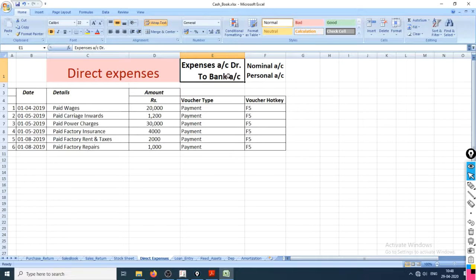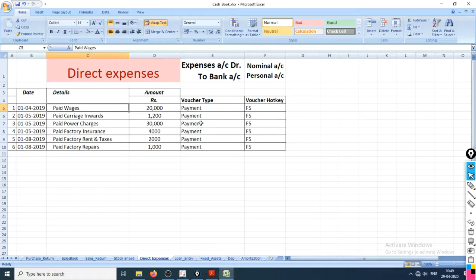And why is expense account debited? Because expense is a nominal account. Nominal accounts, the golden rule is debit all the expenses and losses, credit all the incomes and gains. Hence it is an expense, hence it should be debited. And this right here is a personal account, which says, what is the rule of personal account? Debit the giver, credit the receiver. Or nope, debit the receiver, credit the giver. Hence our bank, that is us, will be giving the expenses, hence bank will be credited.